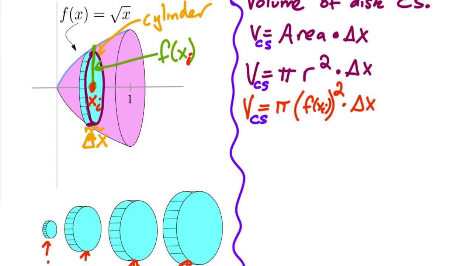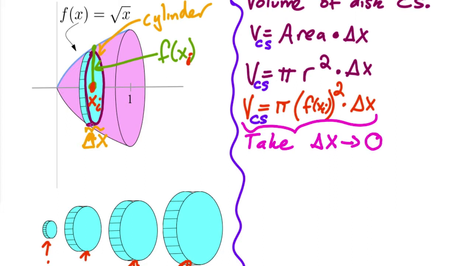And so you can probably semi-guess where I'm going with this, because this is the volume of one cross section. And what we want to do is find the volume of all of the cross sections, but that's an approximation. To take the approximation to be more exact, you take delta x and you make it infinitely small. So you make these little disks infinitely thin. Take delta x to go to 0 and